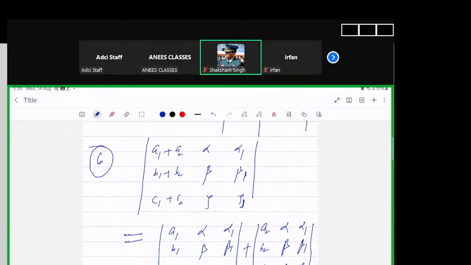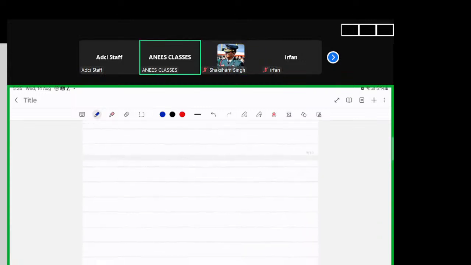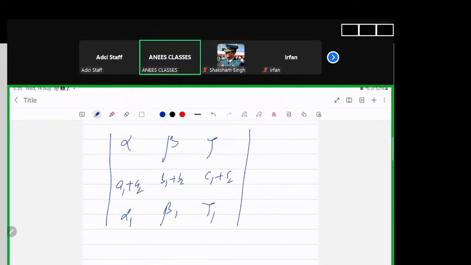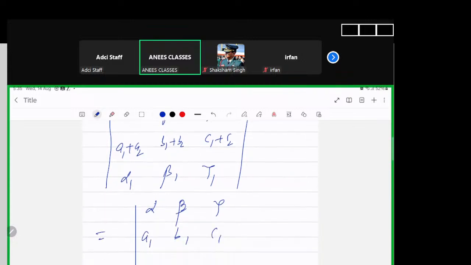Yes, sir. I can also do it column-wise. Suppose alpha, beta, gamma, A1 plus A2, B1 plus B2, C1 plus C2, alpha 1, beta 1, gamma 1. So this will be: first row remains as it is, alpha, beta, gamma; here I take A1, B1, C1; then third row as it is, alpha 1, beta 1, gamma 1, plus